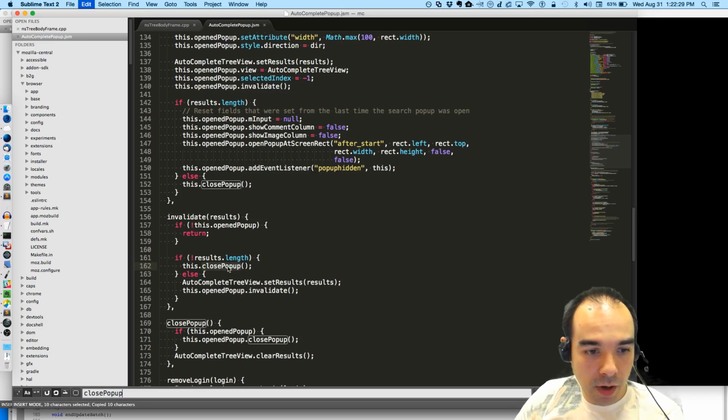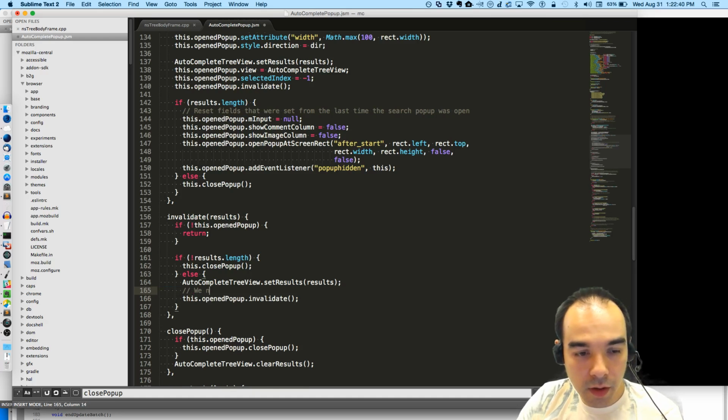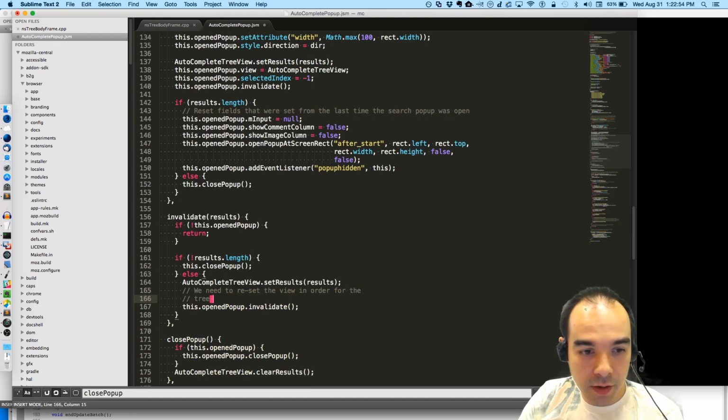If we close the pop-up, we clear the results. That's good. We set the results, and then we invalidate the pop-up, but we also need to update the view. Set the view in order for the tree to know it has changed.